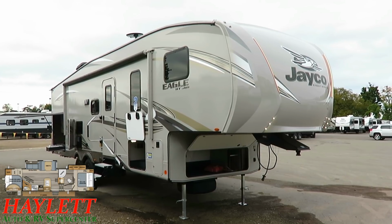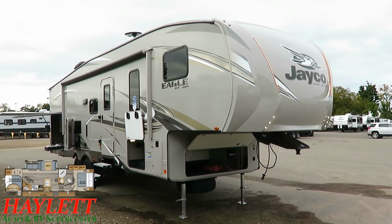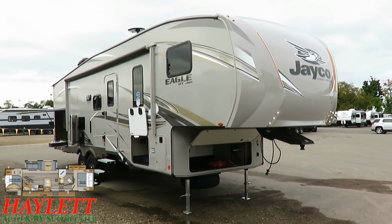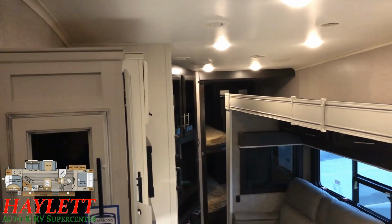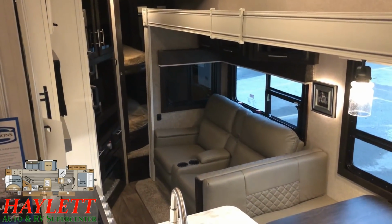Fits better on larger, like 3/4 and 1 ton trucks, private rear bunks, direct facing entertainment center. I mean, this is an action-packed piece of equipment. Having this big super slide for living space and huge countertop for prep space, you're going to really enjoy that